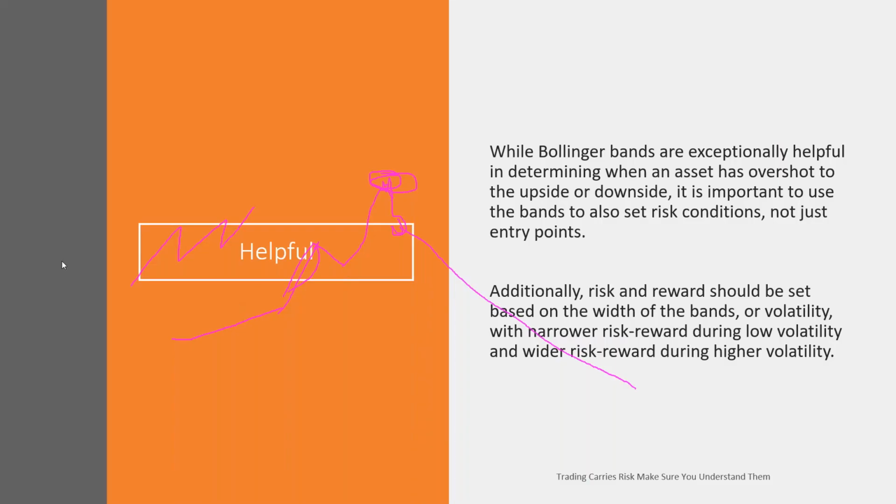So while Bollinger Bands are exceptionally helpful in determining when an asset has overshot to the upside or the downside, it's important to use the bands to also set risk conditions, not just entry points. Additionally, risk and reward should be set based on the width of the bands, or volatility, with narrower risk rewards during low volatility and wider risk rewards during high volatility. So in other words,